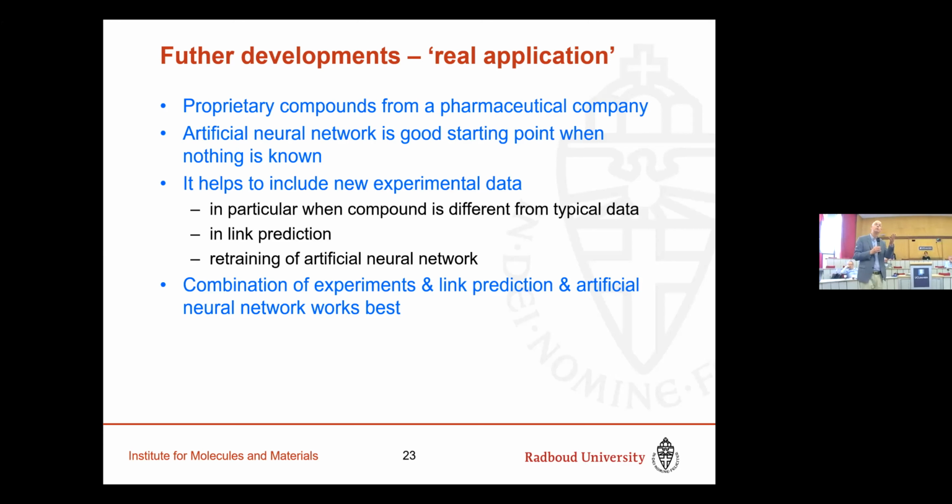So if you have a few suggestions, go to the lab. If you find them, if you have real cases that work, you should immediately use this information. You should not say, oh, I don't want to do first principles, I don't want to do anything to do with experiments. No, use this information, both with the artificial neural networks. You can retrain. Even a few examples of highly relevant compounds can change the weighting factors and lead to better predictions. And certainly, as soon as you have one example, the link prediction approach will help you again.